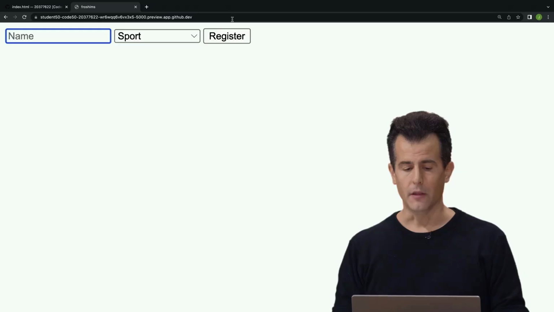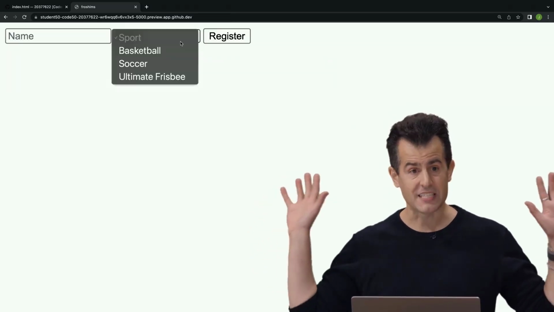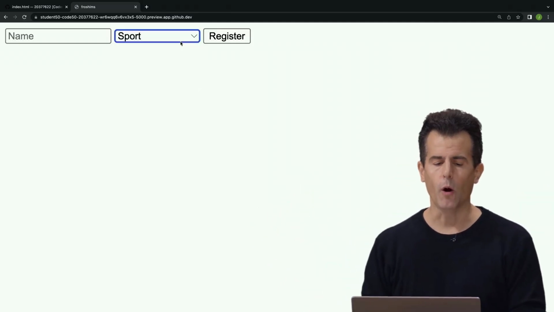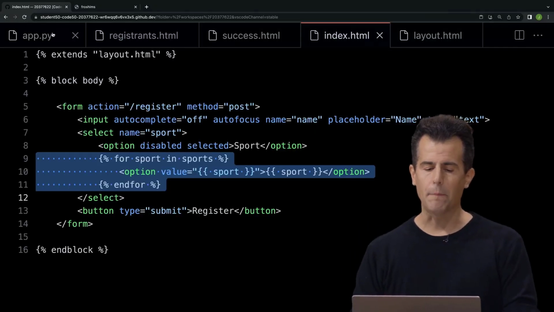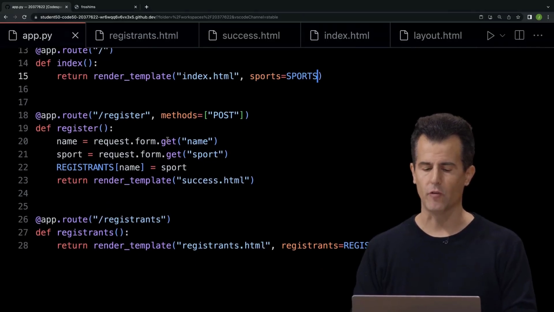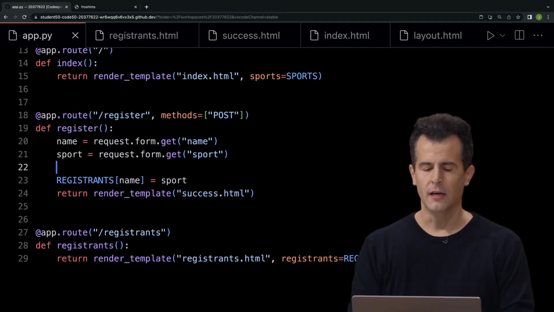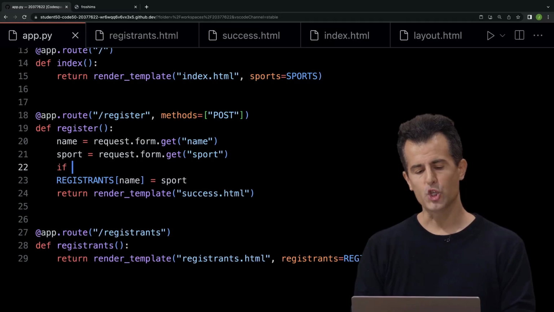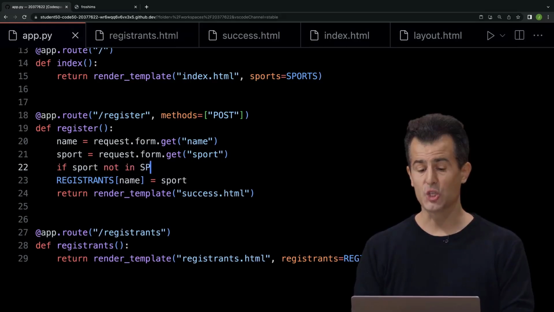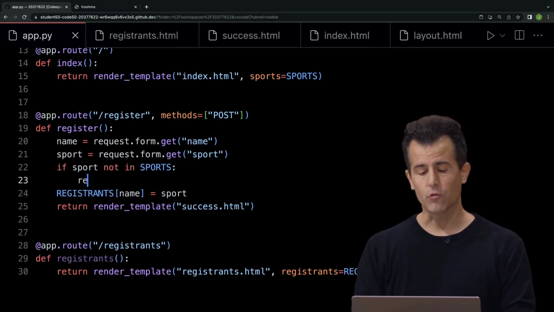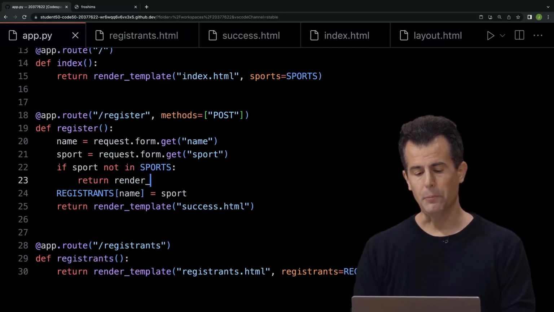So now it's not going to stop someone adversarially like me from changing the HTML. But watch this. The behavior on the form, if we go back, is still the same drop-down as before. So aesthetically, it looks the same. But you know what? Why don't we be clever now? And let's go into app.py and the /register route. And why don't we say this? If, how about sport, not in sports, then let's return render template